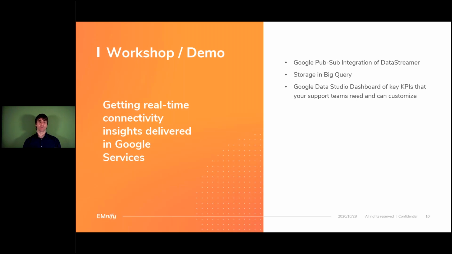And these KPIs we have selected in a way that we know that this will help your support team. And actually, they can then customize it based on their use case. The Data Studio integration is just an example. You can, of course, use any other Google service to use the connectivity data. For example, Google Function if you want to trigger a different workflow, or if you have different processing workflows or service flows in your Google platform, then you can, of course, also integrate the connectivity data through this Google PubSub integration.